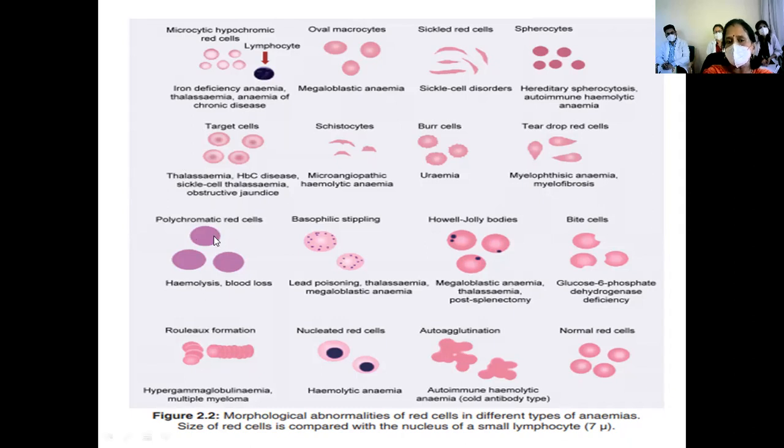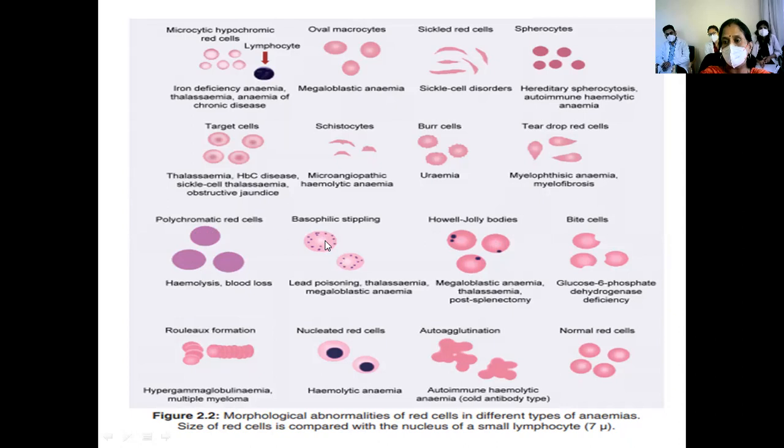Then look at these RBCs. They're larger, almost the size of a lymphocyte, with no pallor at all. But look at the color. They've got a tinge of blue and a tinge of pink color. That is polychromatic RBCs. They're just the immediate precursor of the normocyte. If you do a special stain, a supravital stain, they all have a reticulin network, so we call them reticulocytes. These RBCs have something extra within them, which we do not expect.